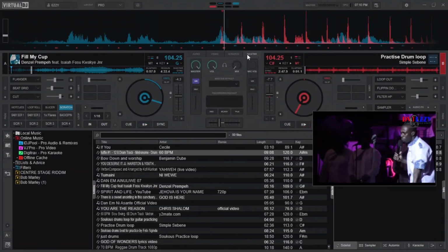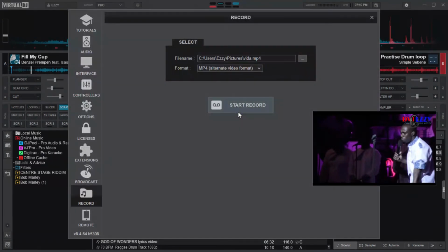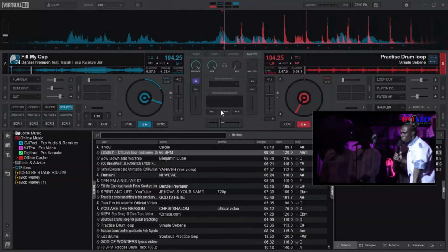sections at a go. So we have the master section where you can apply a master effect. You can reduce the volume of all the outputs. You can also turn the microphone on or off. You can go straight to record here or here, or you can broadcast to the virtual DJ website. You can look at the file, or configure the file that you are going to record. For instance, if I click here, it will take me to settings, which I'll show you later when we are recording.